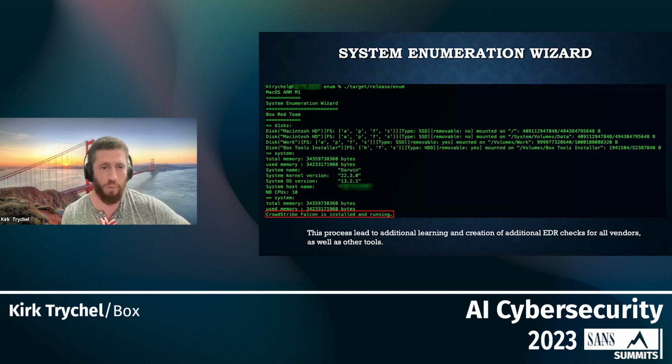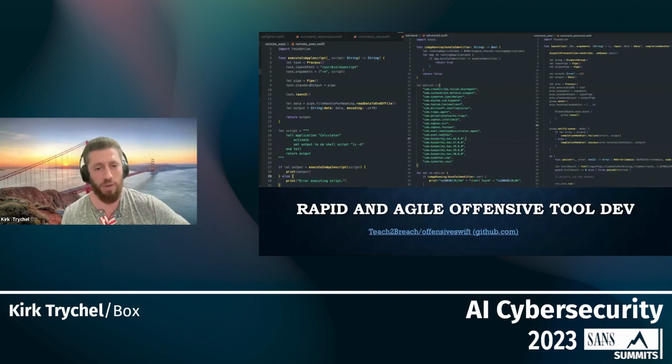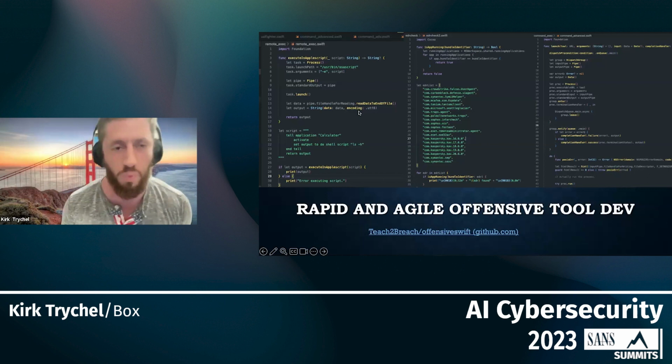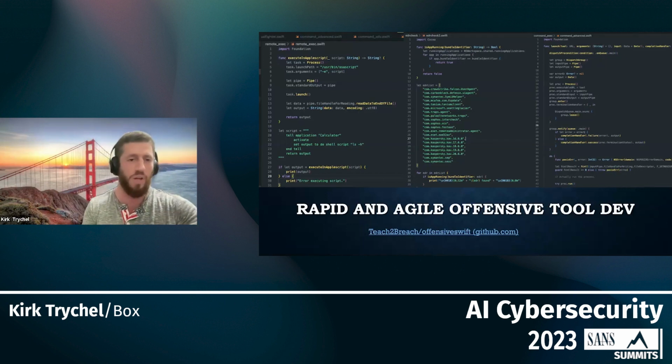I used CrowdStrike Falcon for my proof of concept, but once I saw how successful this was, and with what I had learned from ChatGPT about how to enumerate some of this information, I was able to quickly put together another program. Here's a screen cap in the middle that identifies up to 20 different AV and EDR vendors that are possibly installed on the host. On the left and right, I've got a couple other scripts. Don't worry about reading all the words. There's a process injection, and a few other tools that red teams could utilize. I put them in this offensive Swift GitHub repo.